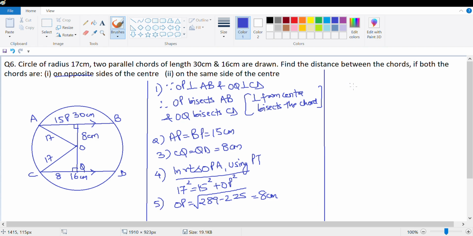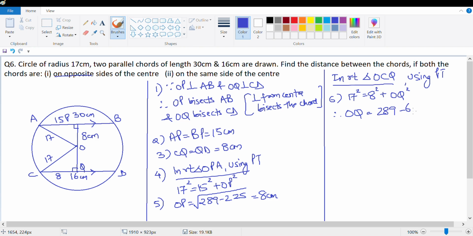Now let's find the value of OQ. So in a right triangle OCQ, using Pythagoras theorem, what I get is 17 square is equal to 8 square plus OQ square, wherefore OQ is equal to the square root of 289 minus 64, which is square root of 225, which means 15 centimeter. Therefore PQ is equal to OP plus OQ is equal to 8 plus 15, that's 23